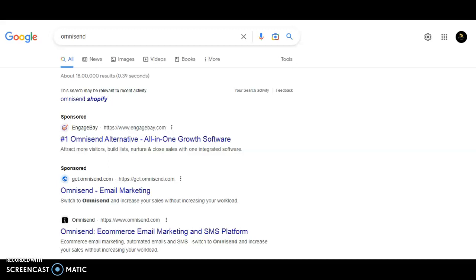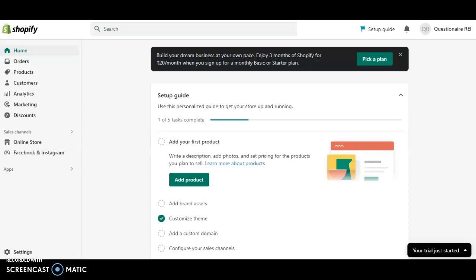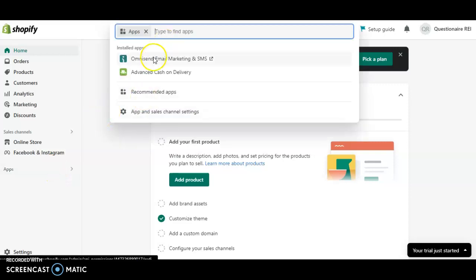So go to your browser now, type omnisend.com, then open this link in a new tab. When you open the link in a new tab, go to your Shopify store or your Wix store or your WordPress store. Then you click on apps. Usually Omnisend is email marketing. Then you click on it, add the tab to the store. Once you have added it to the store and you set up your Omnisend account successfully, which I already did,